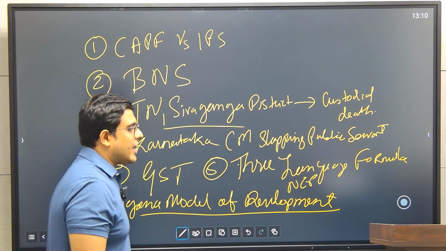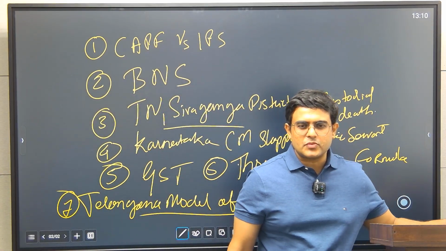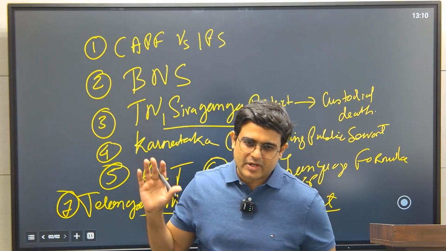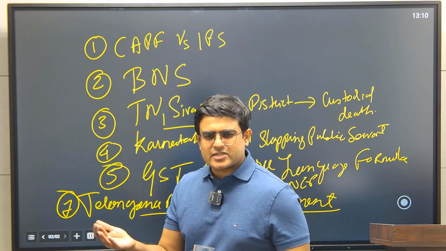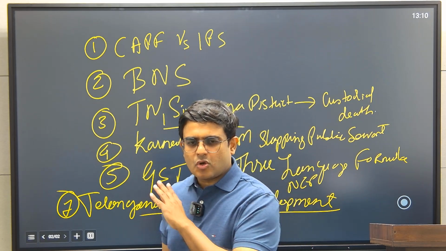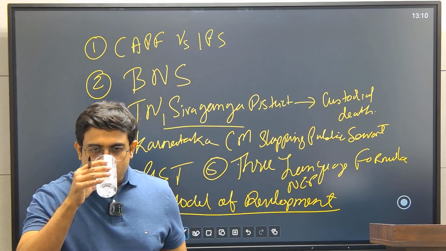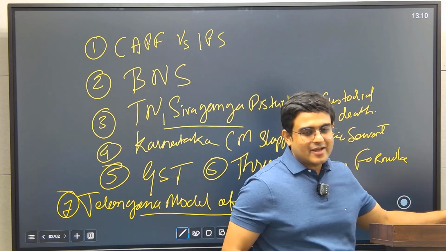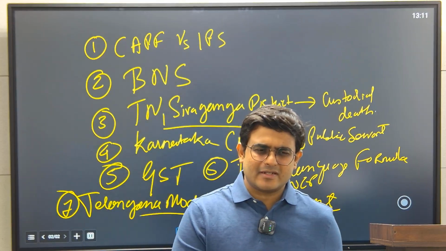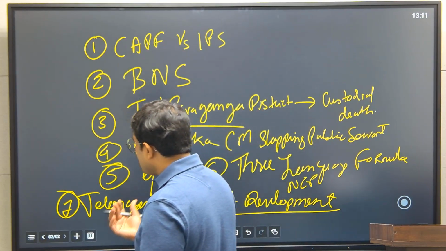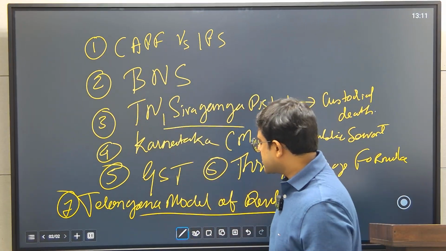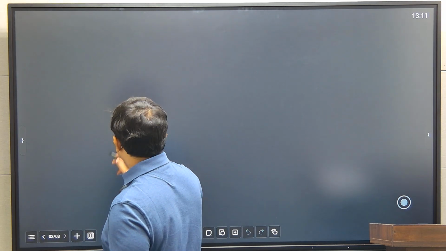So these 7 issues we have identified from a public administration perspective, nationally, even on the face value. These are obviously important for paper 2. Direct questions have come on these issues, specifically GST. In GST also, if you go and look at the past year papers, you can find in public administration paper 2 a question on GST as well. On BNS, already in the ethics paper they asked about BNS. Now it's just a matter of time before, in public administration, and even in GS paper 2, BNS can come. Okay, not further discussing, let's move on to the first topic of discussion, that is the CAPF